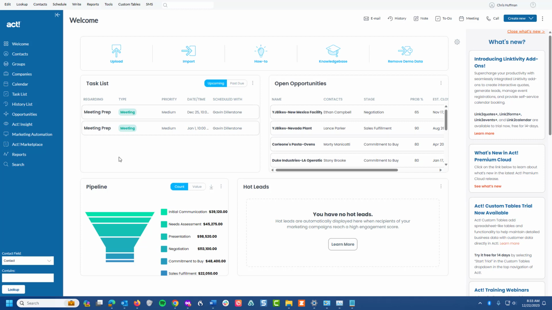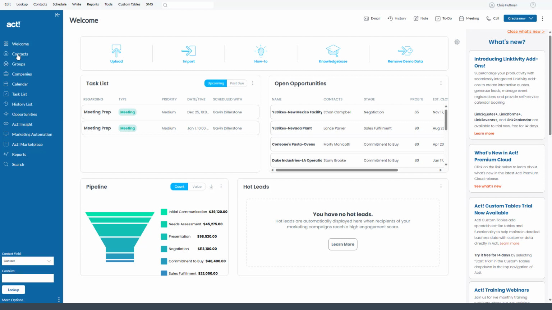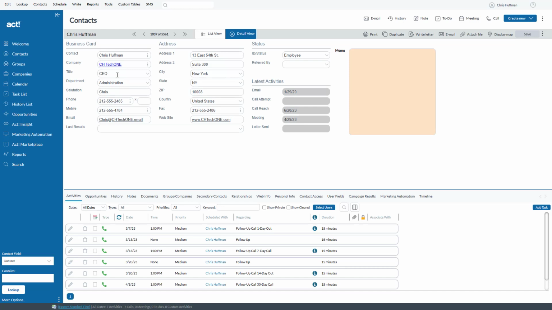When you first start using Act Premium Cloud, by default you are taken to what's called the welcome screen, and I see the word welcome right here, and over here on the left hand side it says welcome right there. But typically what I want to see when I start up Act is the contact details screen. And I'm going to click here on contacts, and it's going to take me right into what's called the